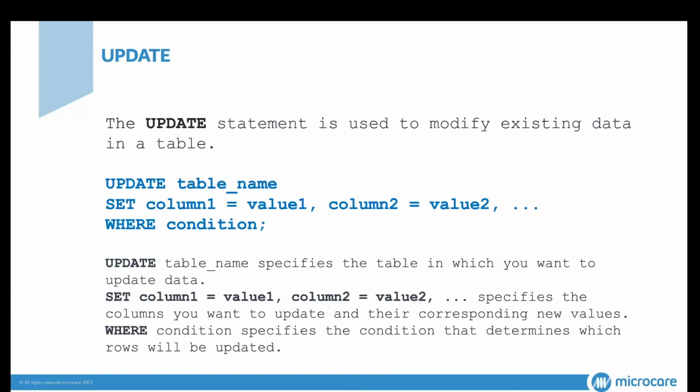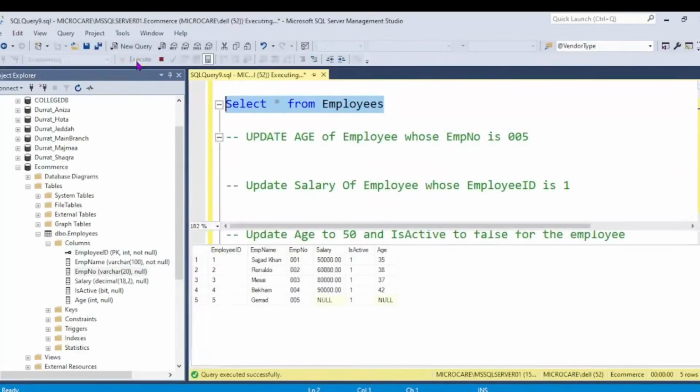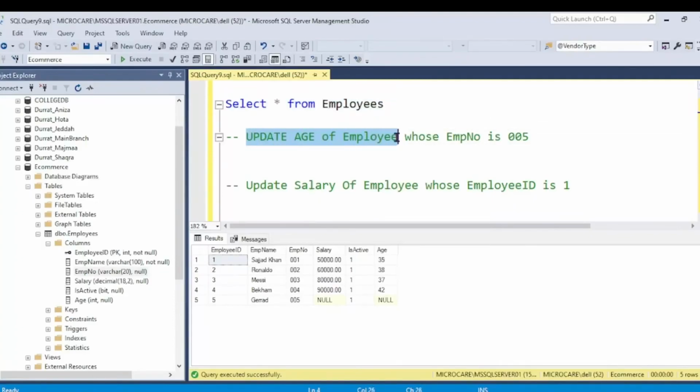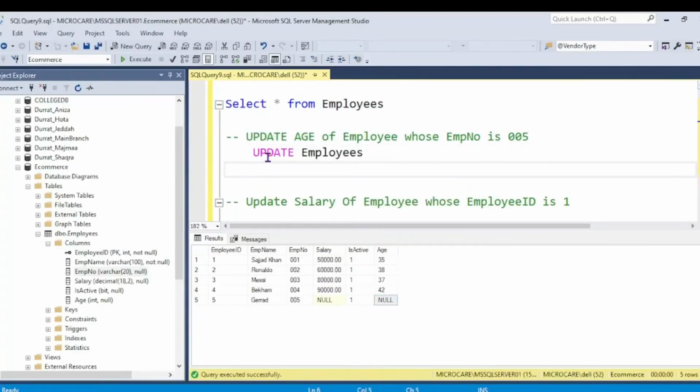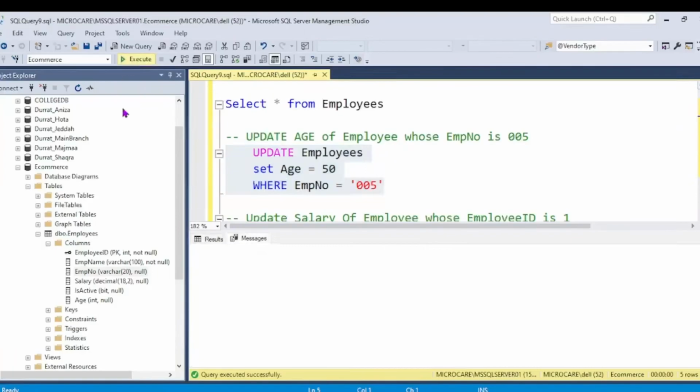Let's start modifying some data. Let's see the update commands. In our first example, we are going to update the age of an employee where the employee number is 005. UPDATE employees SET age = 50 WHERE employee_number = 005. Once we execute this command, we are setting the age to 50 for the employee where the employee number is